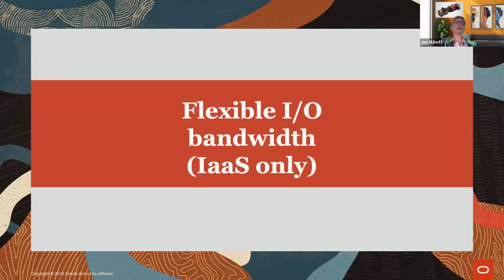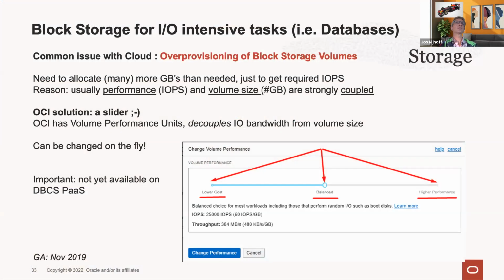But there might be a reason why you would still use infrastructure as a service and do all this stuff yourself, like you're used to, because if you really want a lot of I/O, you can get even more than in database cloud services, and that is because we also have flexible I/O for block storage. It gets a bit technical, but